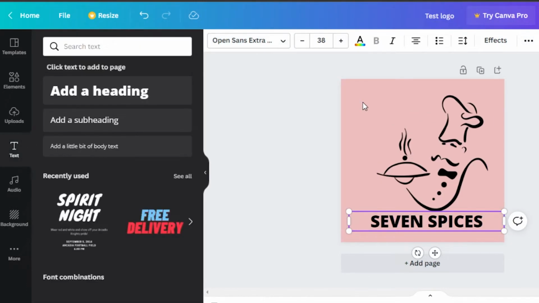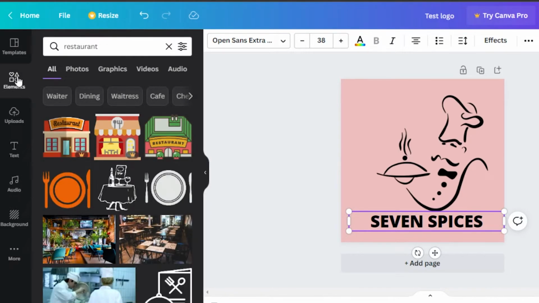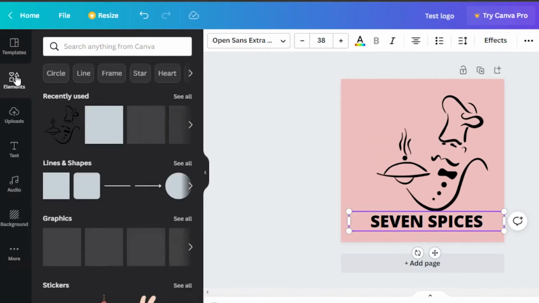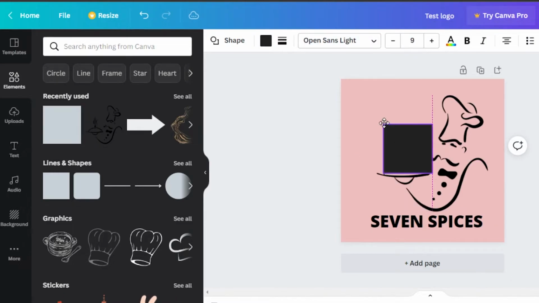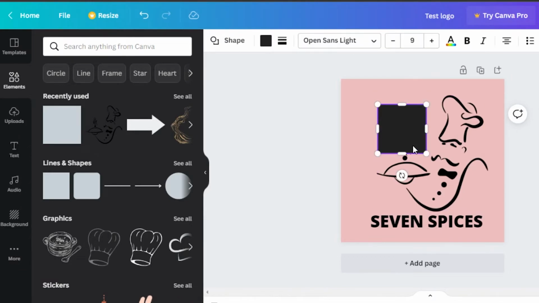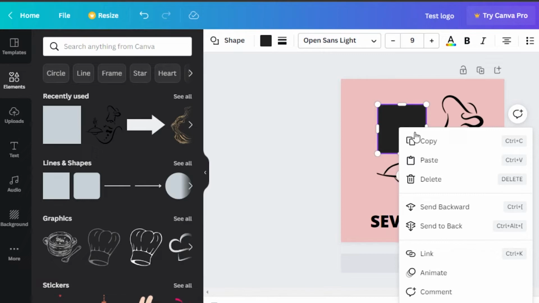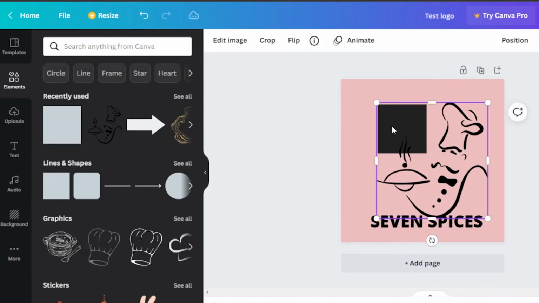If you're working with more than one element, let me give you a quick overview about this one as well, because you will be using Canva for the first time, right? So what you can do is, if you're working with more than one element, let's say that you have a square added to your logo or to your photo, so we can adjust the logos according to our requirements, and you can just right click and it allows you to copy, paste, delete, send backward, send to back, link, animate, and comment. So if I send it backward, that means that it will be sent to the back of my elements. So this is how it works, and I can copy this element, I can paste it,